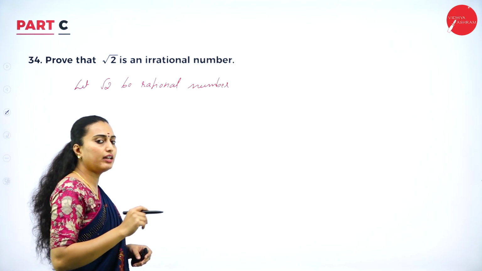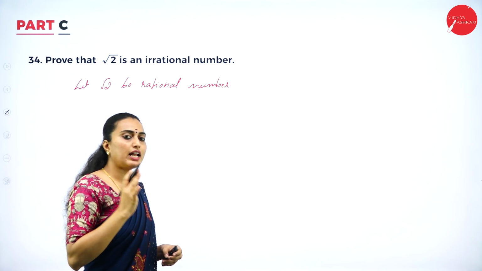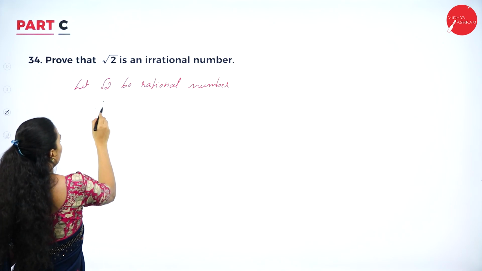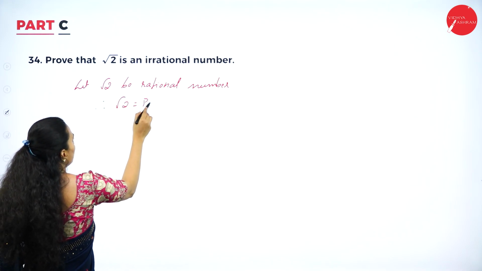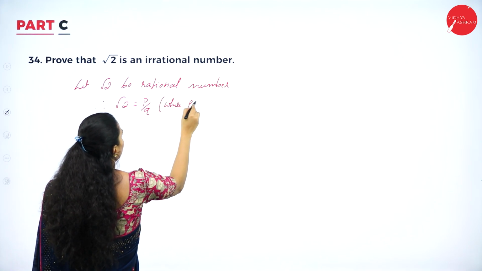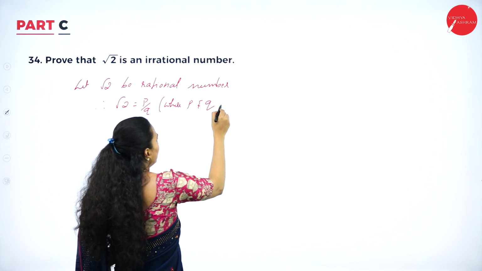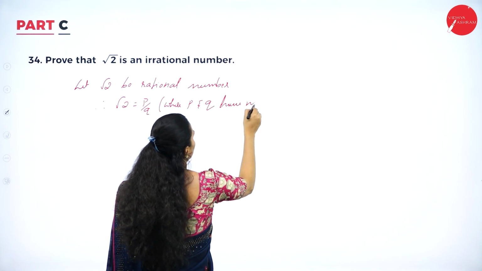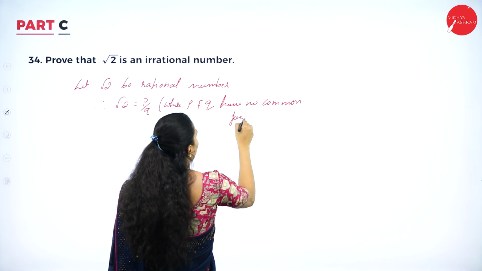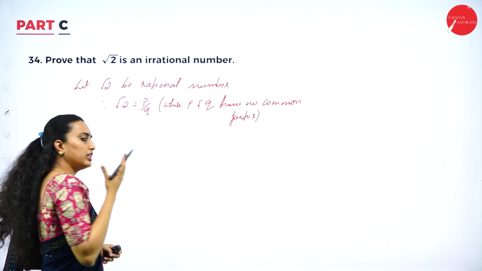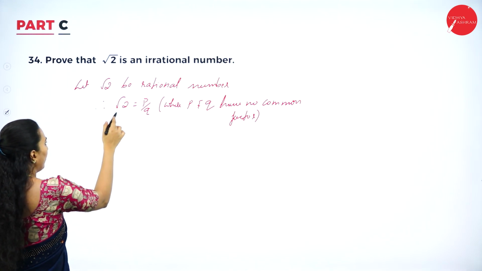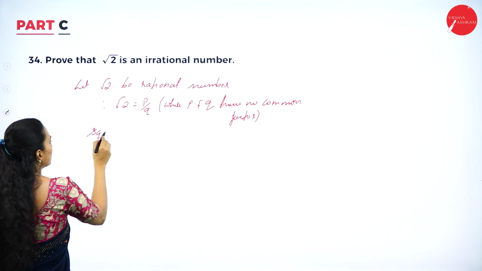So, if it is a rational number, it will be in the form of what? P by Q, isn't it? Therefore, root 2 is equal to P by Q, where, this is very important, where P and Q have no common factor. No common factor. Got? This is very important. So inside the bracket also you can write, or in a step also you can write it. Got? So therefore, squaring on both the sides,